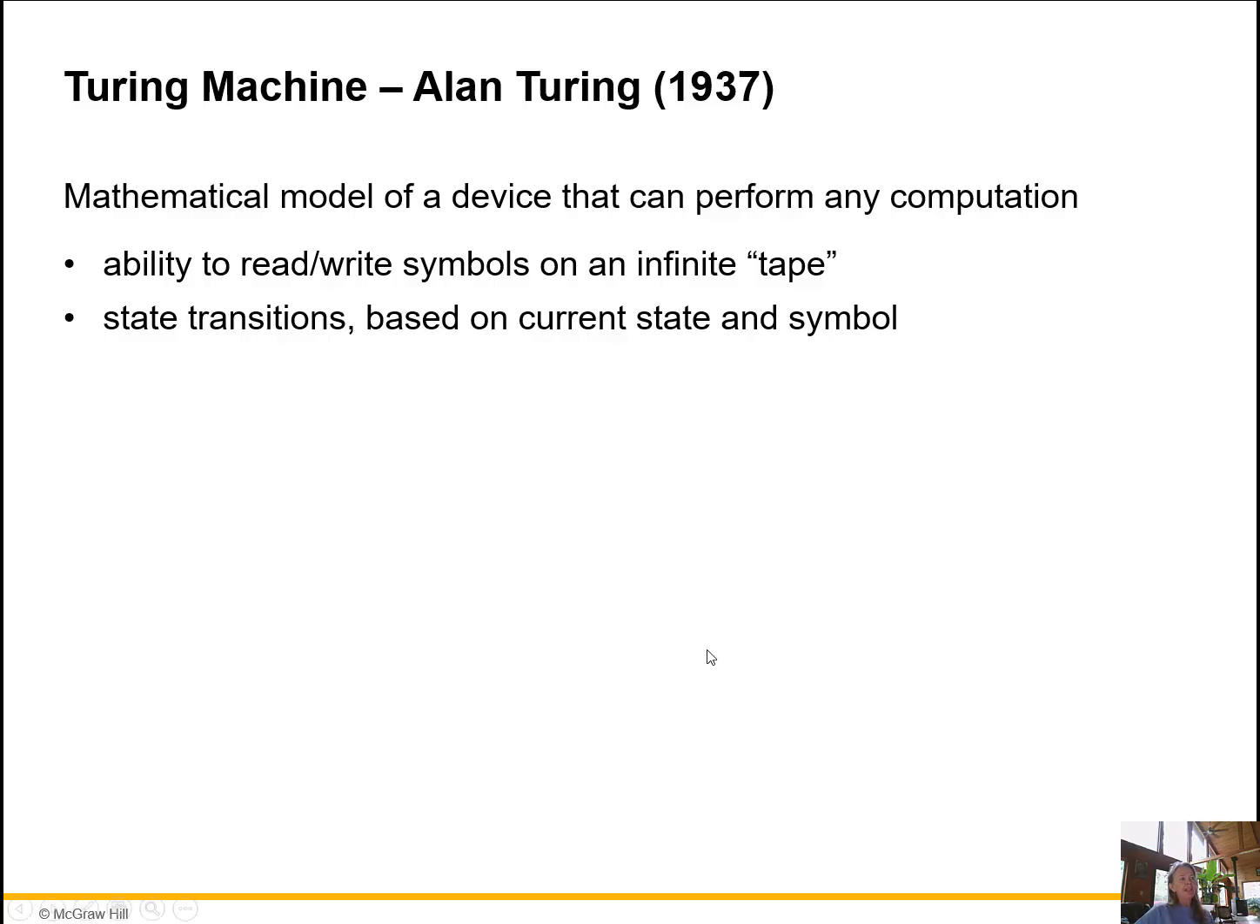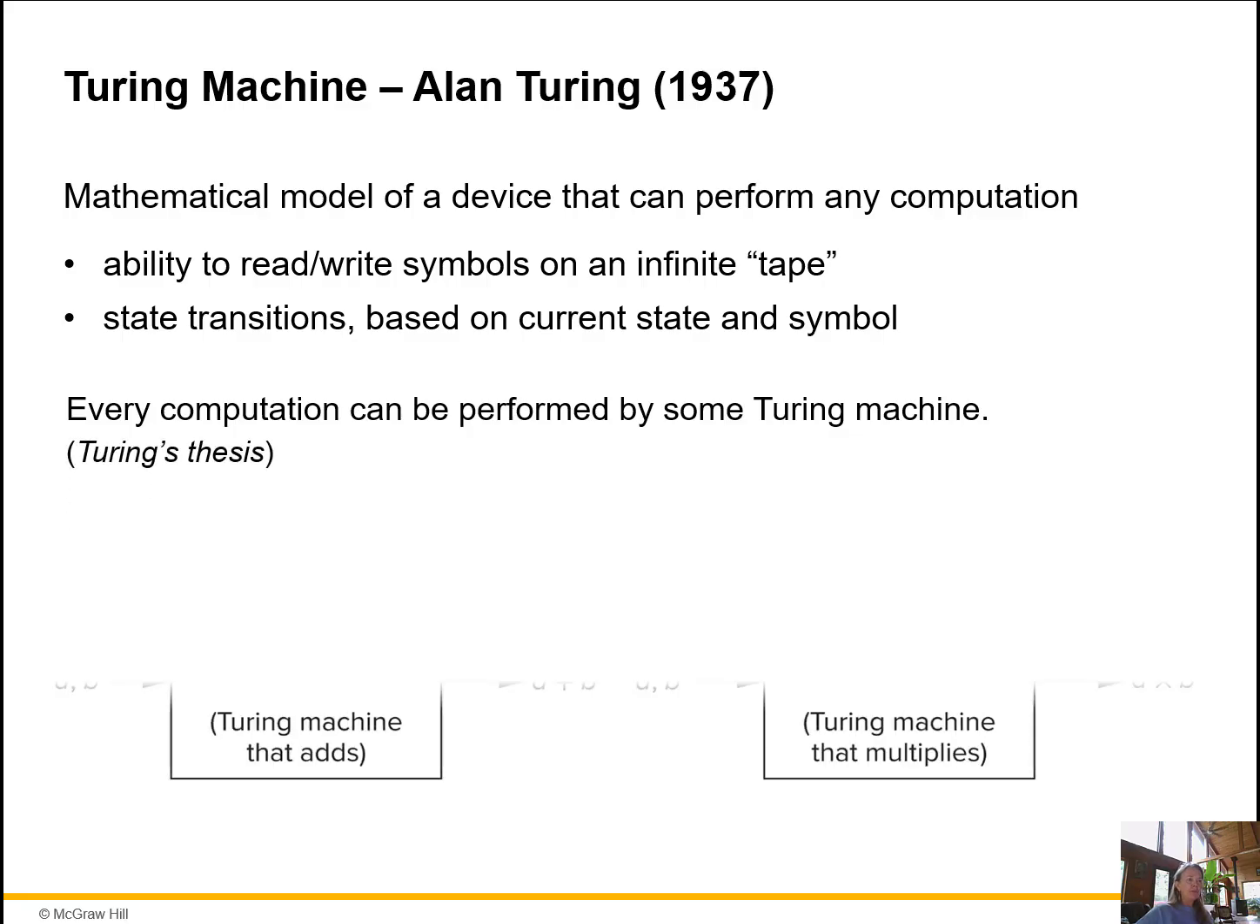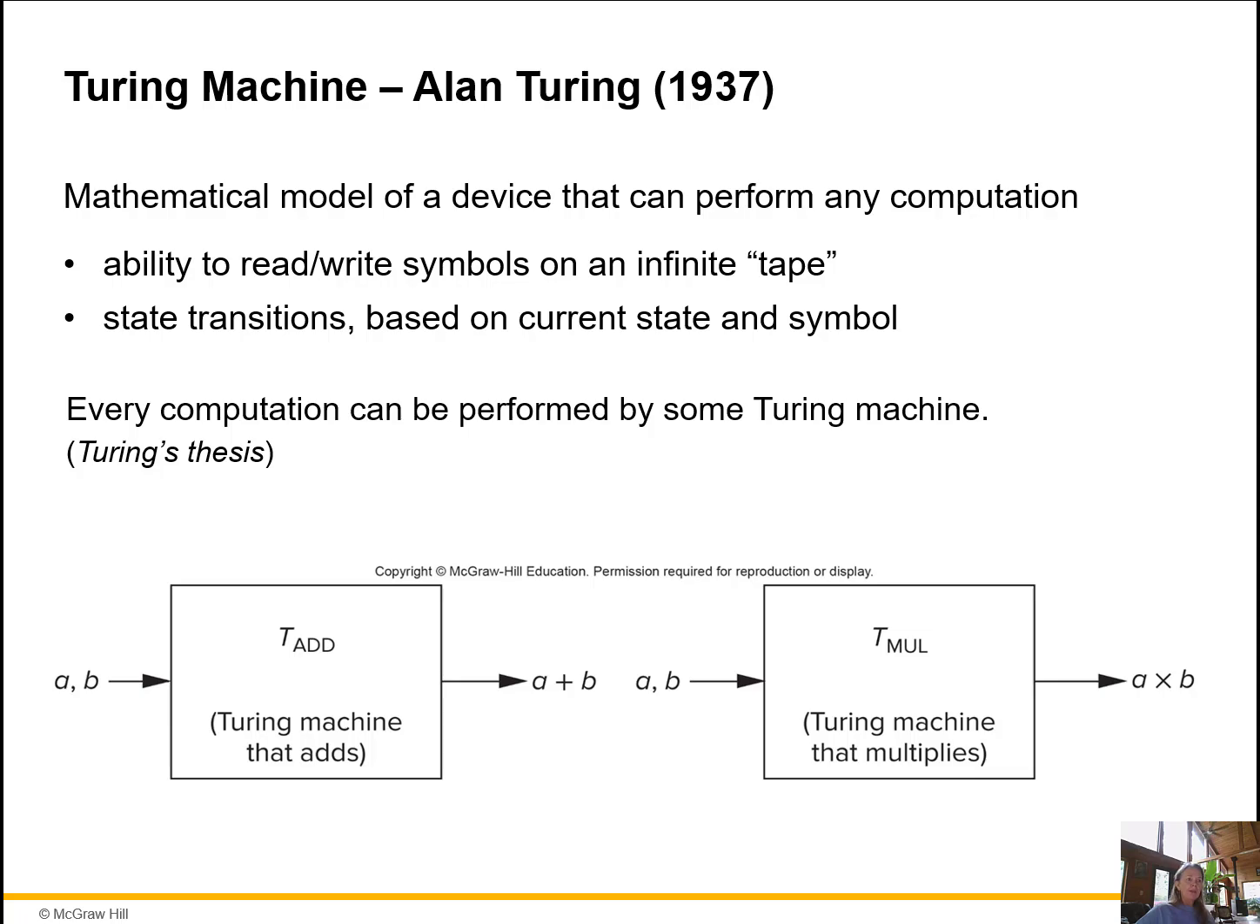In 1937, he came up with this idea. Now, he didn't really ever build one. It was just his idea that if we could write something on an infinite tape and we could come up with different symbols and a computation, we could have a machine that could do our computing for us. So given two inputs, A and B, I could have a machine that would come up with